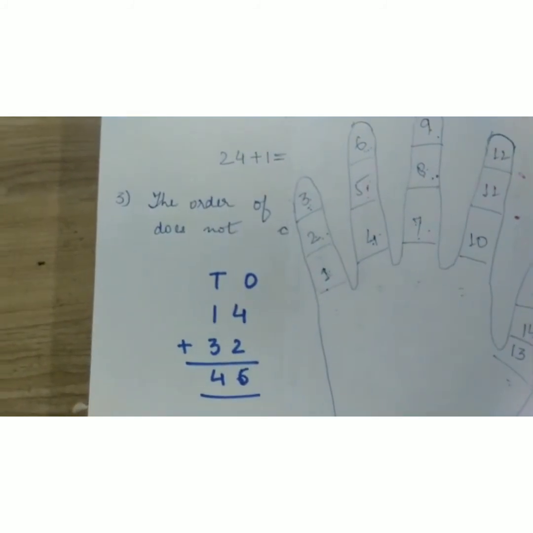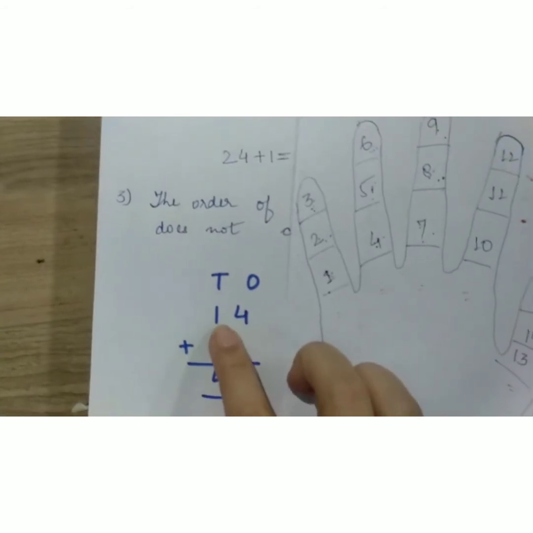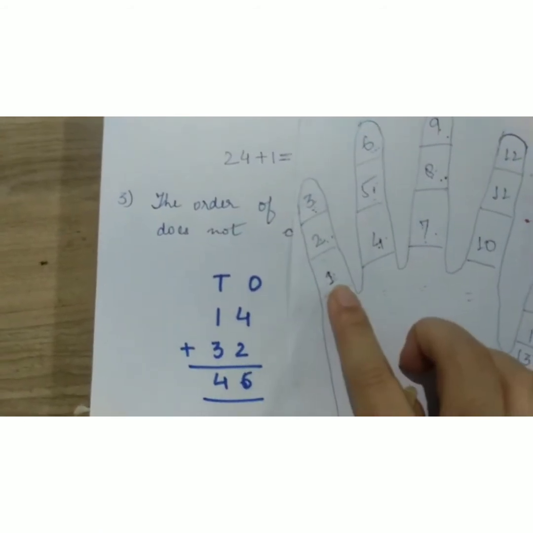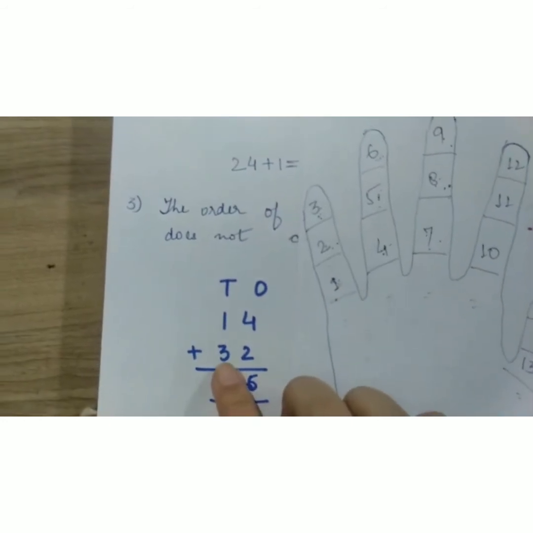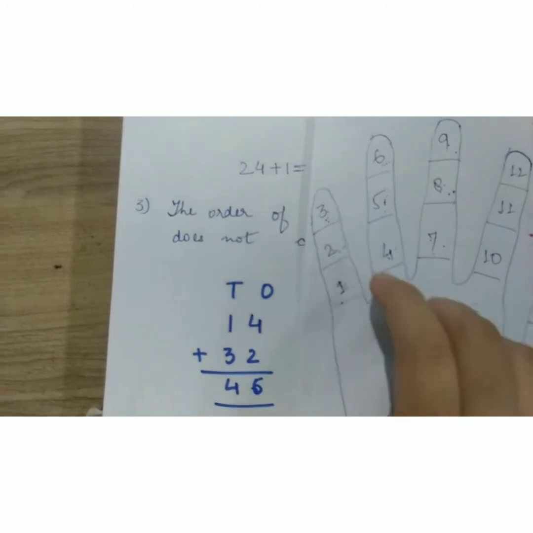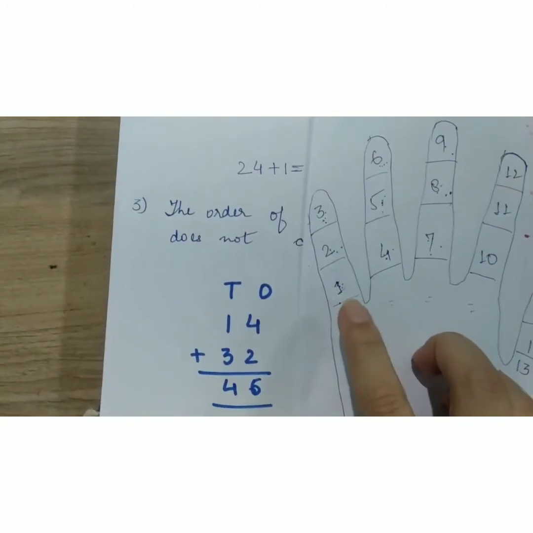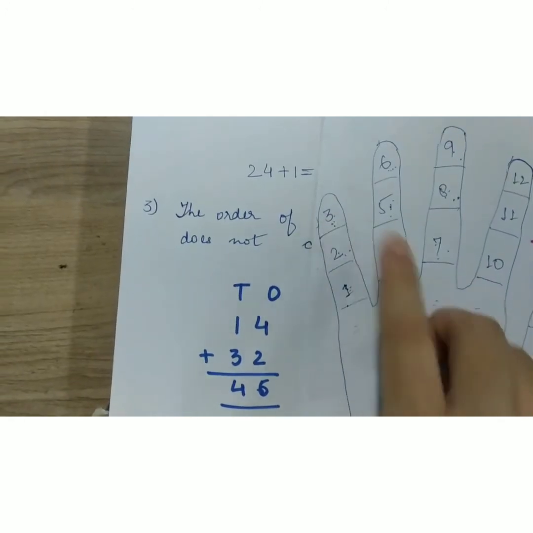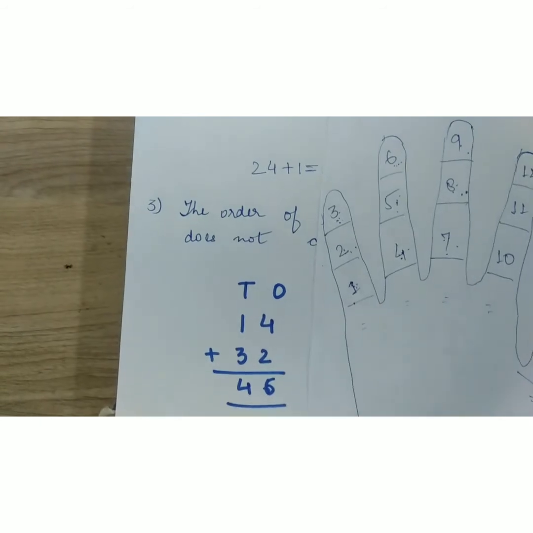Now we will move to tens place. Tens place first number is 1. So we have to count 1 on our fingers. Next number is 3. So after 1 we will count 3 more numbers. 1, 2, 3. So start adding. 1, 2, 3, 4. So 1 plus 3 will give you 4. In a similar way,